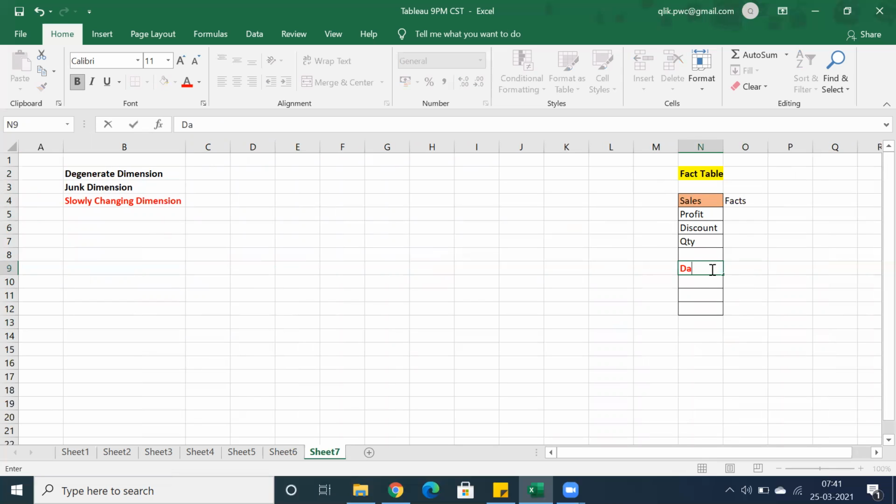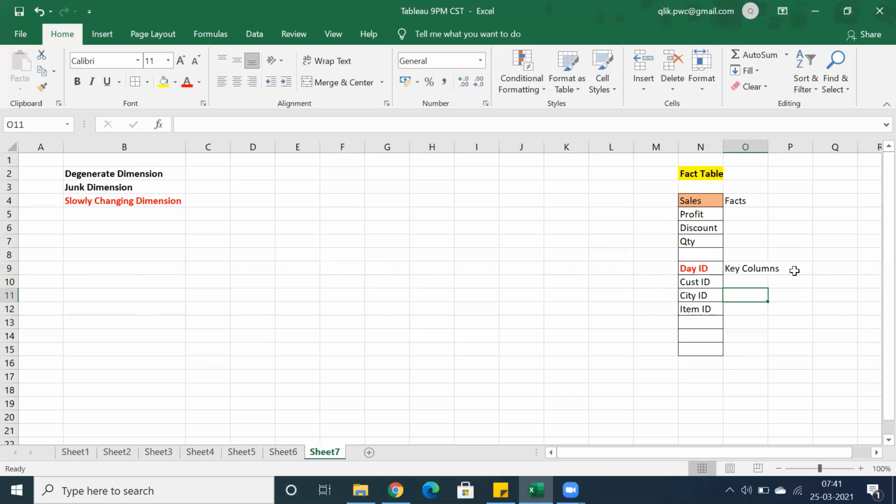Let's say we have day ID, customer ID, city ID, and item ID. Okay, so we have facts and we have key columns. But importantly, key columns are also nothing but dimensions, right?